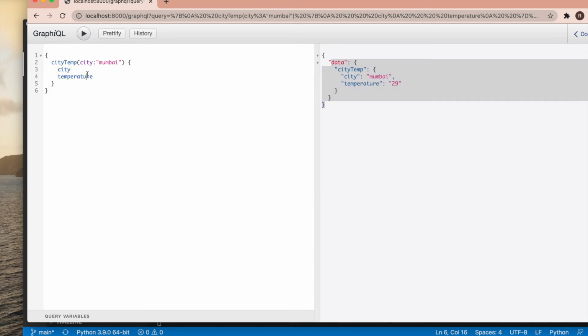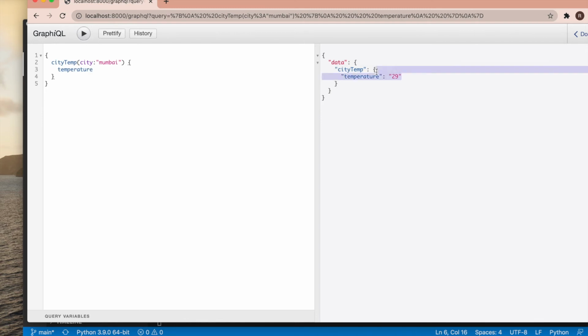Now the interesting thing is that if you remove this, just forget it, you don't want the city. See, I got only temperature. Now if you don't want temperature, you just want city, see, I got this. So whatever your requirement is, you can easily get it from here.